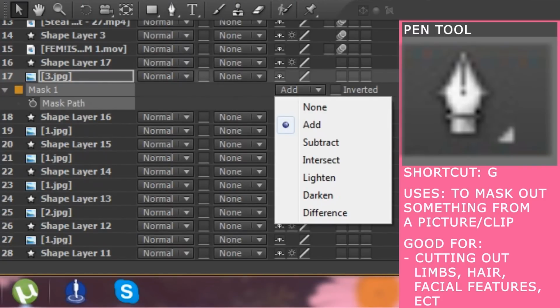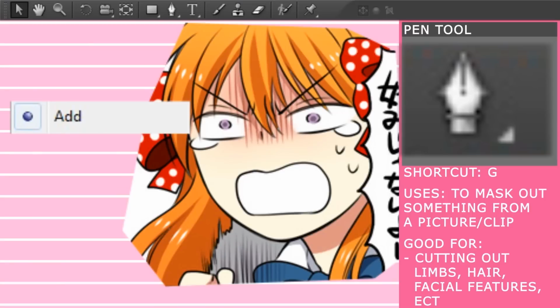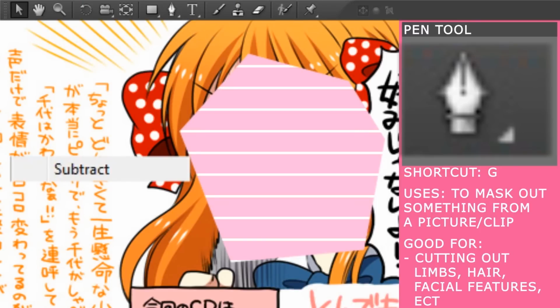Another thing to note is the different modes of masking. The only ones that I use are add, subtract, and intersect. I think everyone knows add and subtract. Add is to mask out a certain part, and subtract is to have everything in the picture except what you masked.